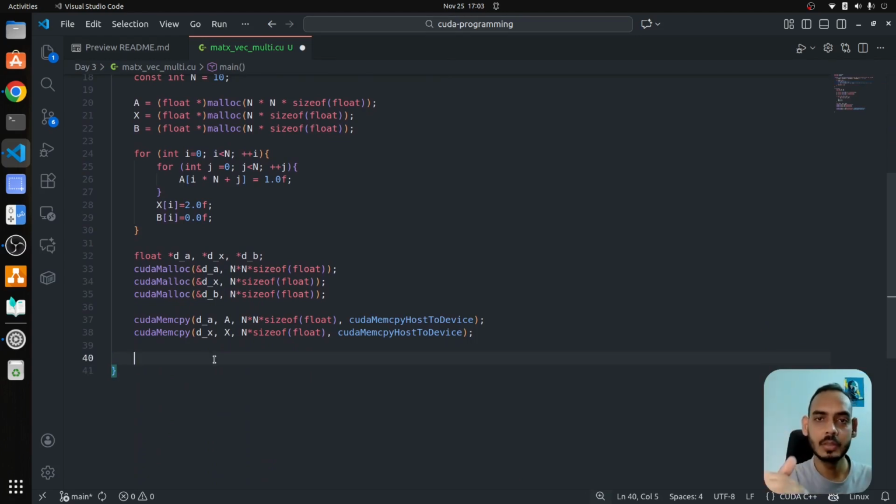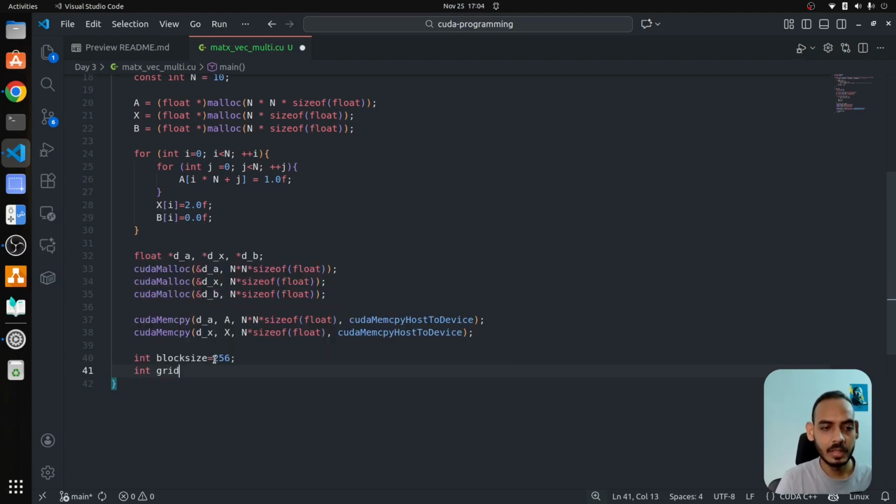And now let us define what we have to do, right? First we have to set the grid and then block size, and then make a call to the kernel function. So this will be the kernel configuration. So first is int blockSize is equal to, we can directly set it as 256, and then we can set the grid size as int gridSize is equal to, the basic formula is n divided by the block size,